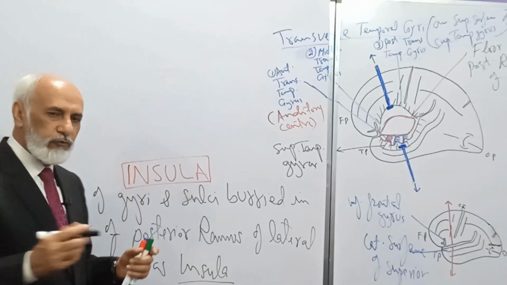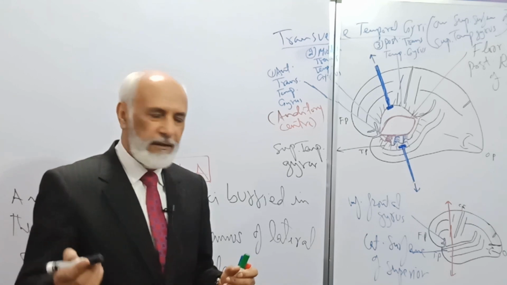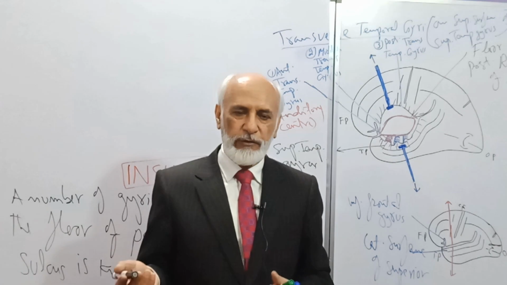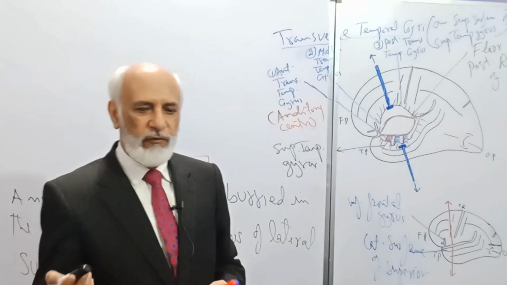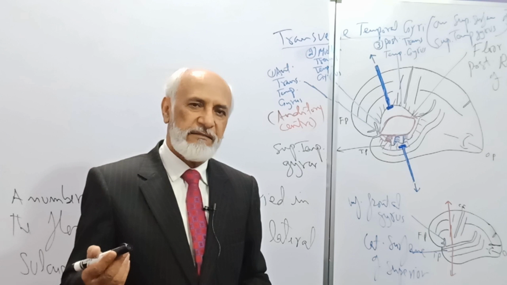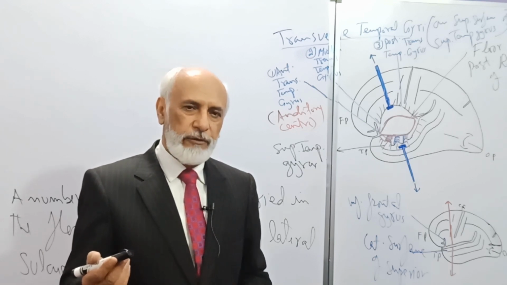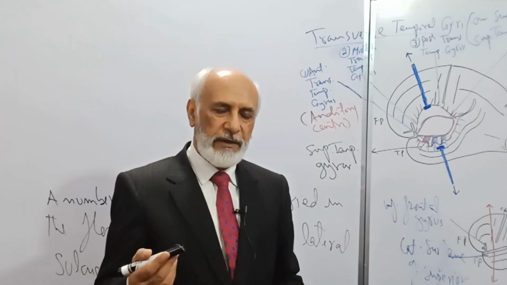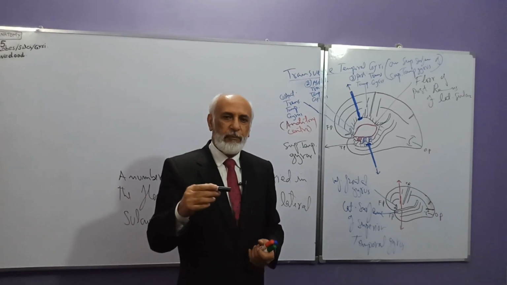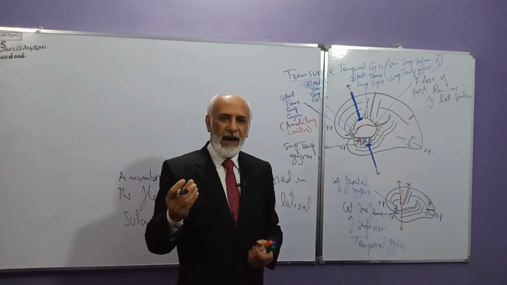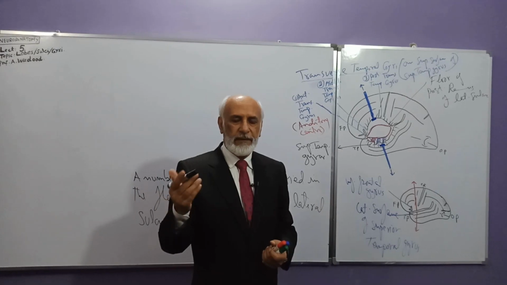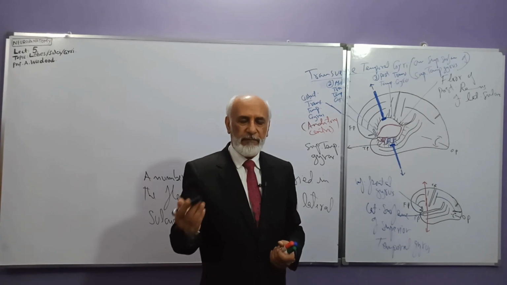Why insula? Insula is derived from the word island. So here you can see there is a small island. This is why it's known as insula. Another example I will give you, for example, in the pancreas there are islets of Langerhans. Now, if you study the histology of the pancreas, there is an endocrine part and an exocrine part. The endocrine part appears like small islands embedded in the exocrine part of the pancreas.